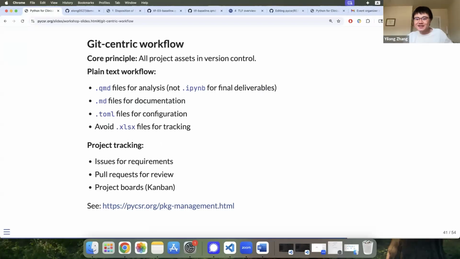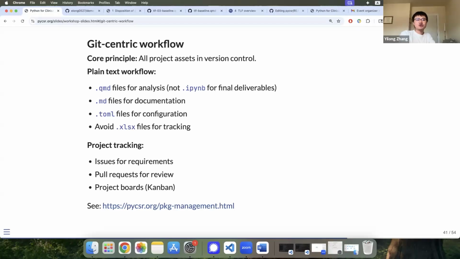And Git is always the central way for a team to collaborate, right? So now we have been showing the plain text workflow, and our recommendation is always to avoid Microsoft Excel as a tracker or as documentation, because that becomes harder for version control, or for a computer or even an AI-powered way to do things in a streamlined manner, right?